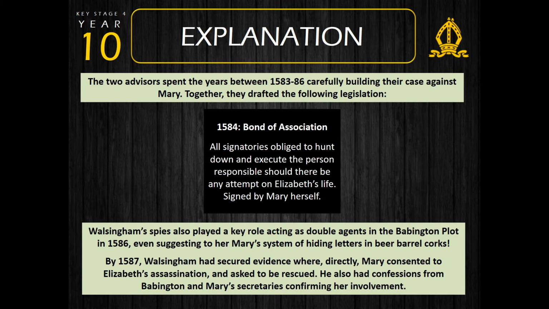Walsingham spies, he's got them as double agents, so in the Babington plots, they come up with the idea of hiding the letters in the beer corks that I told you about yesterday. Okay, meaning they can then get hold of them, and by 1587, Walsingham has, on paper, Mary saying, yes, please kill Elizabeth. All right, he has confessions from Babington, he has confessions from Mary's secretary, he has a big fat stack of evidence,